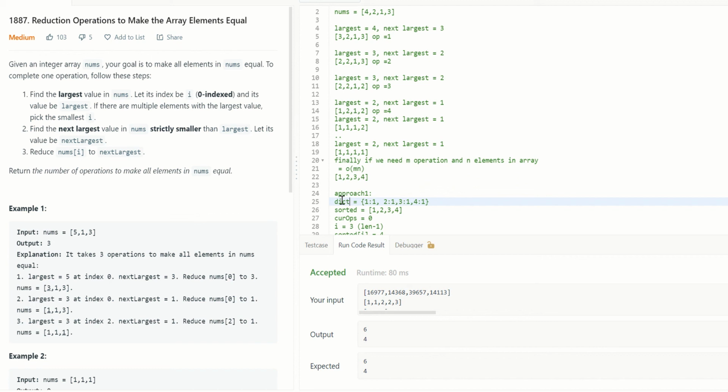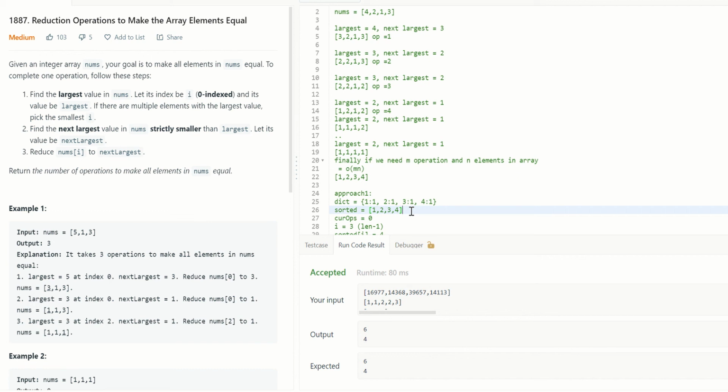We'll have a dictionary. In that dictionary, what we're going to maintain is the number of times each element appeared. So in this particular case, 1, 2, 3, 4, all of them appeared once. So that's what our dictionary will have. And the sorted array will be obviously whatever the numbers in the array that we are given. The sorted array will be 1, 2, 3, 4. So this is what we have transformed our input. We have prepared a dictionary and a sorted array.